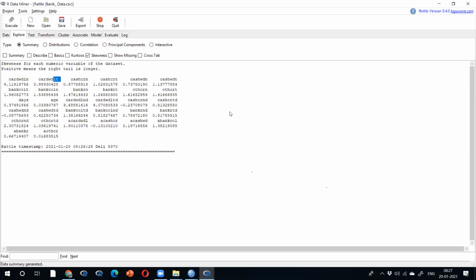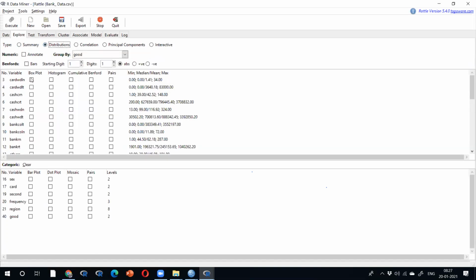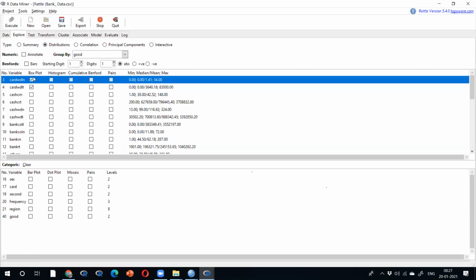Okay, now the summary, nothing is there for showing. Go for what? Distribution. What is available? Box plot. DLN, DLT, we thought they are the worst variables. These two variables are bad variables.